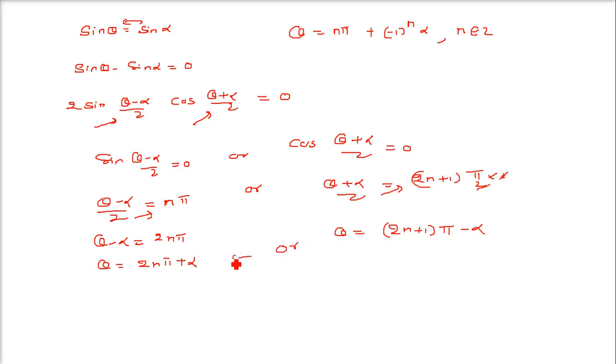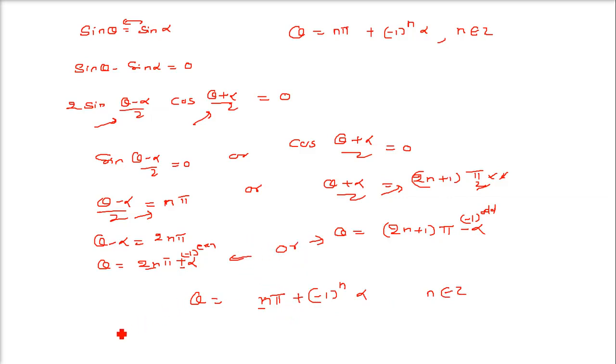From these two, what do we get? This one and this one. See, this is even and this is odd. So all the even and odd are there. So you can just write this theta as some n pi. Because even and odd both are included. What about this? See, we have a plus sign here. So this is minus 1 to the power even number. And this is negative. So minus 1 to the power odd number. So all even and odd are there. That is this n, because we have used even and odd, a common term n. So we can write this as minus 1 to the power n alpha, where n belongs to Z. So this is the general solution of sin theta equal to sin alpha.